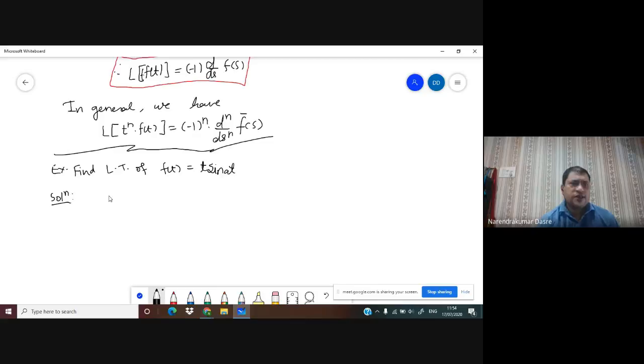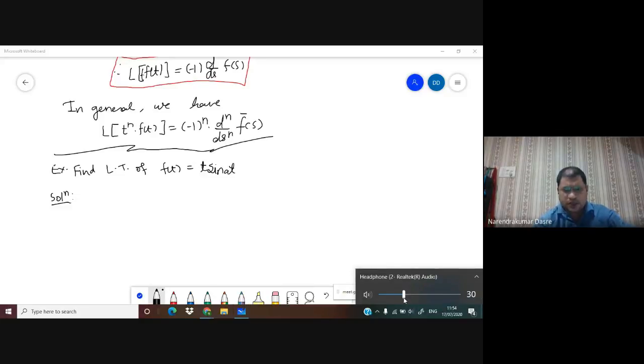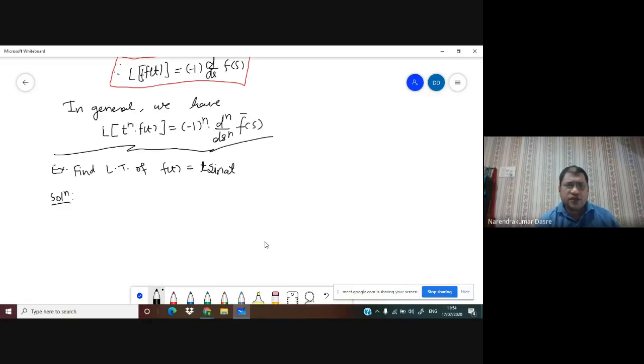LT is a standard abbreviation for Laplace transform. Whenever there is a standard abbreviation, I will always give you, but do not create your own abbreviations, because sometimes they may be good, but sometimes they may not be accepted, and hence we have to be very careful. Now we have to find out the Laplace transform of this.